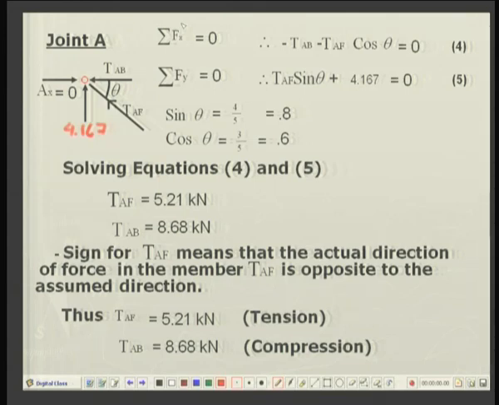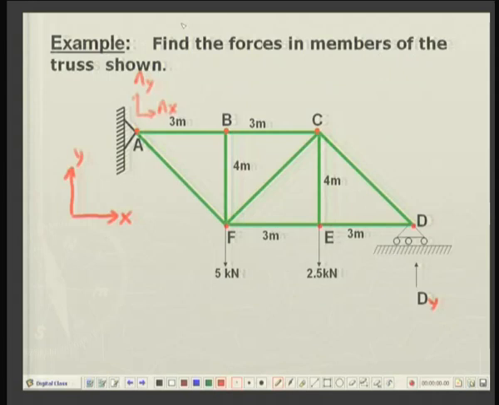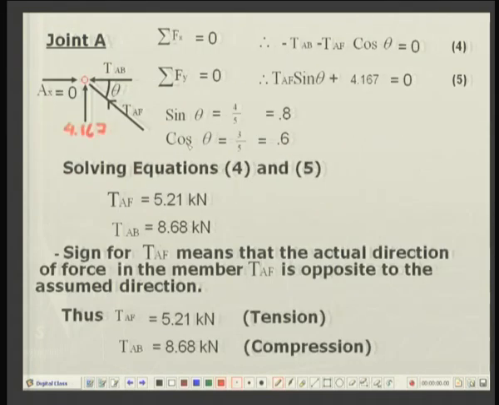Now, from the geometry of the truss, you can find out what is angle theta over here. This is angle theta. So, this is 3 meters, 4 meters. So, sin theta and cosine, and you can easily see that by Pythagoras theorem the side AF will be 5 meters. So, sin theta will be equal to 4 by 5, cosine theta will be 3 by 5. So, 4 by 5 sin theta is equal to 0.8, cosine theta is equal to 0.6. You substitute sin theta and cosine theta and solve from equation 4 and 5 for TAF, and